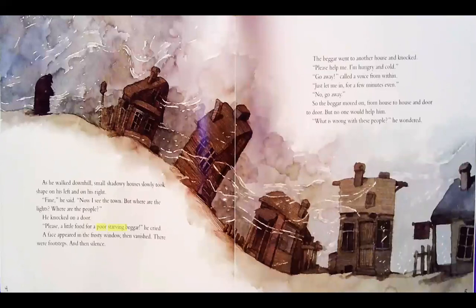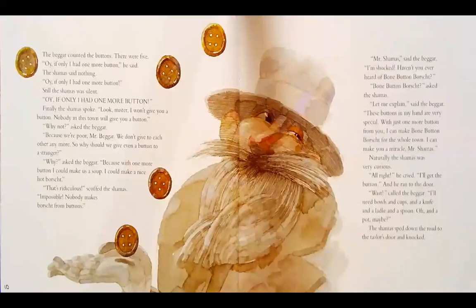He wondered. Did you hear details about the beggar such as hungry and cold? Give yourself a pat on the back if you did. Let's practice together as we listen to details about the townspeople. Again, when you hear a detail about the townspeople, put your thumb up. Remember, listening for and recounting details can help you imagine the story as you listen.